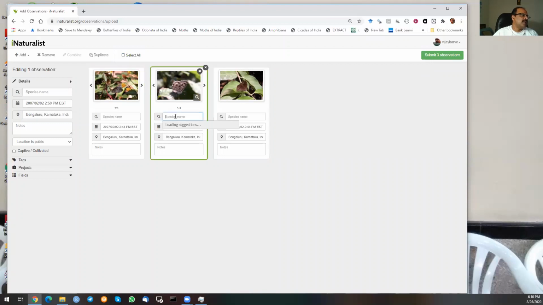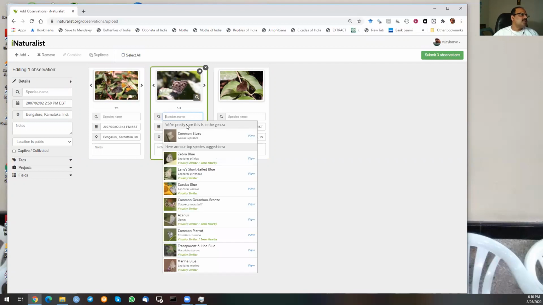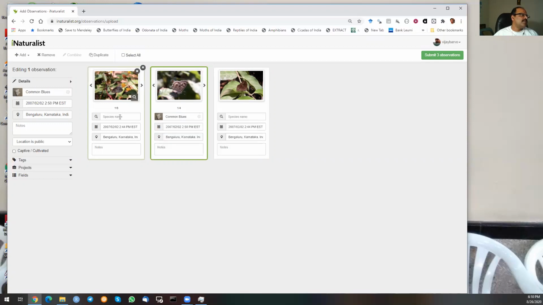them rather than just submitting. So I know this is a zebra blue. I know this is of genus Nepithma, which is rings, and this is a chocolate pansy. You can see here I'm not really going to go into a lot of details in the initial round. I'm just assigning them a broader level classification. We can keep refining the classifications later, and then we can also add different fields.